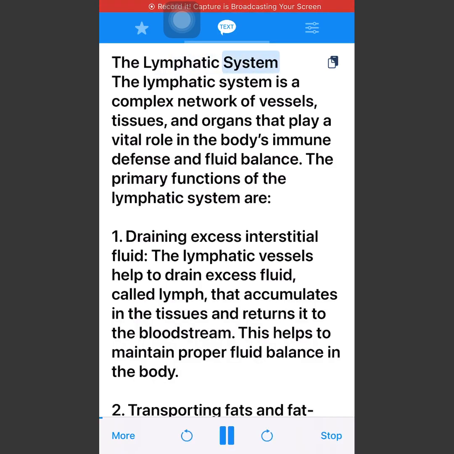The lymphatic system. The lymphatic system is a complex network of vessels, tissues, and organs that play a vital role in the body's immune defense and fluid balance. The primary functions of the lymphatic system are: